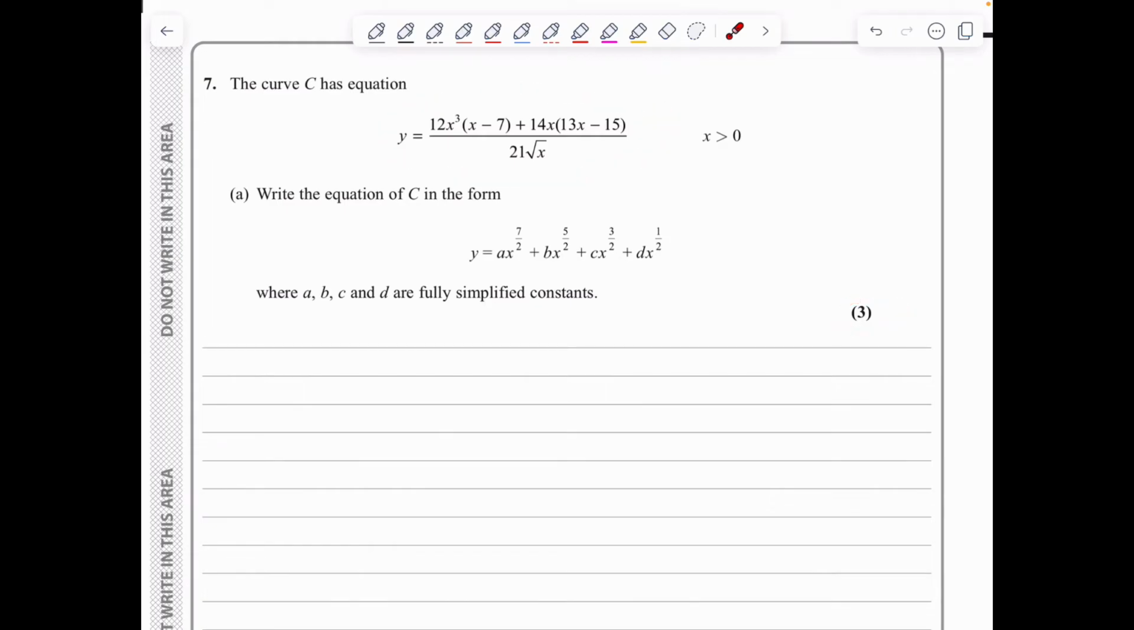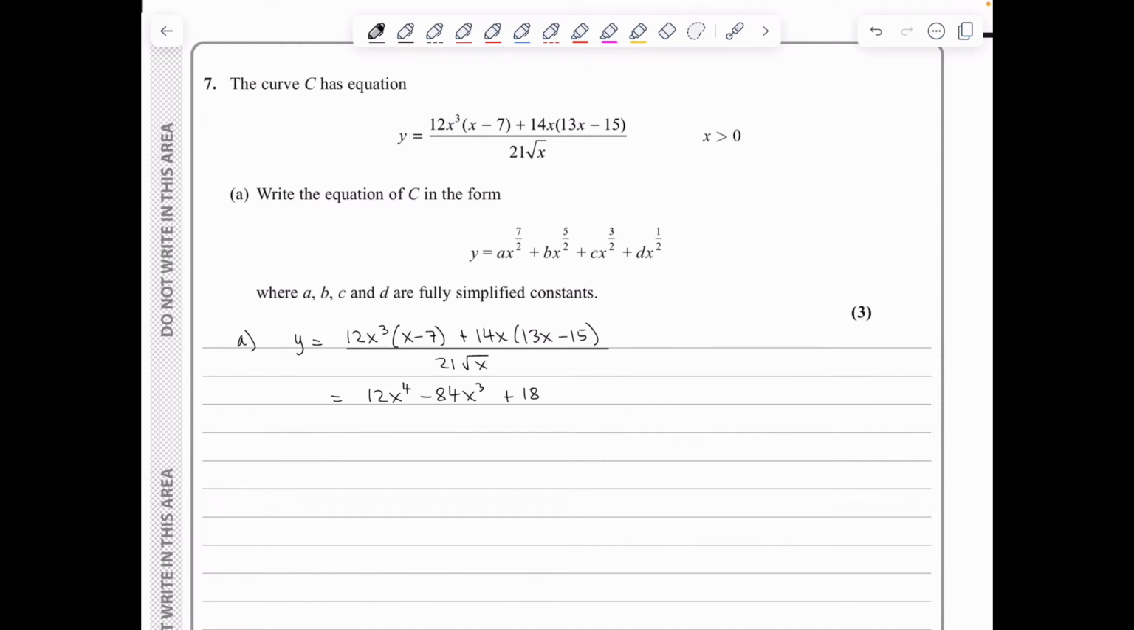In question 7, we're given the curve C with this equation, and we need to start off for 3 marks to write the equation in the required form here. So starting with y is 12x cubed times x minus 7 plus 14x times 13x minus 15 over 21 root x. We will start by expanding the numerator to give me 12x to the power of 4 minus 84x cubed